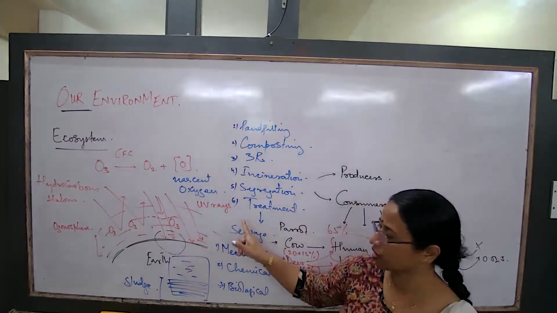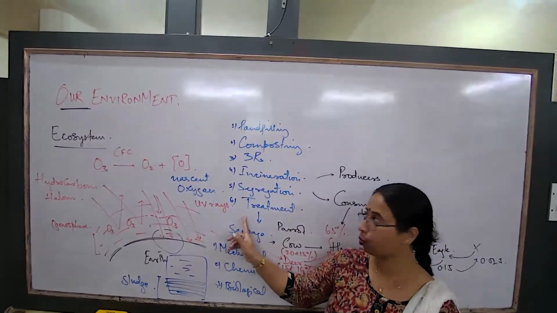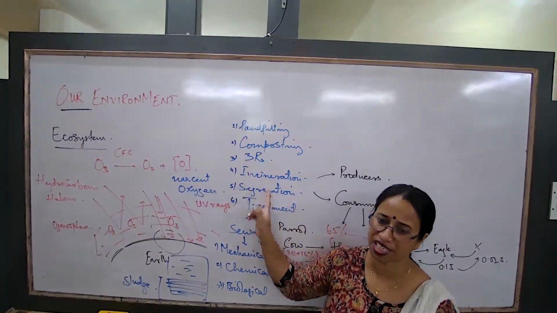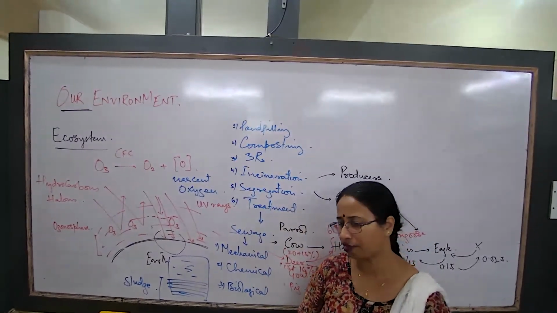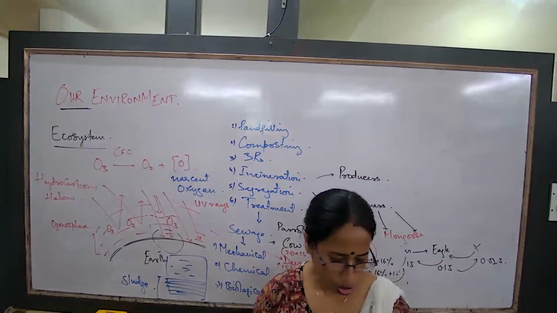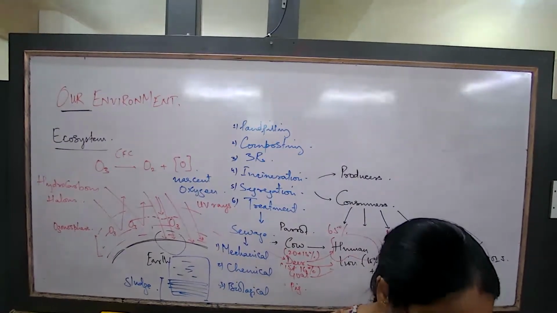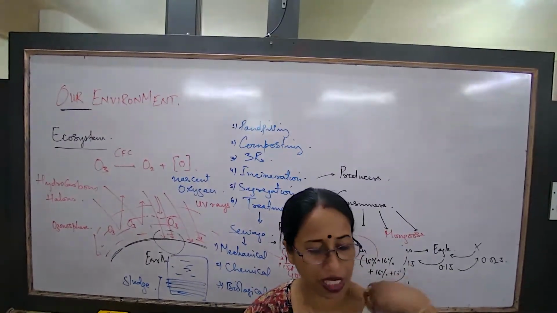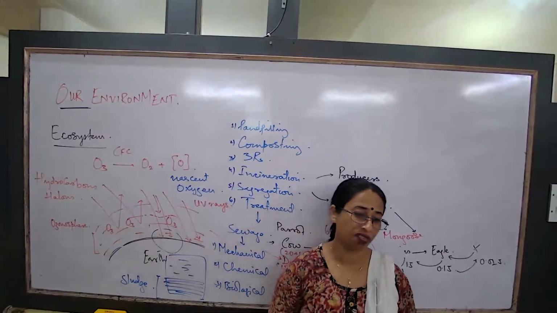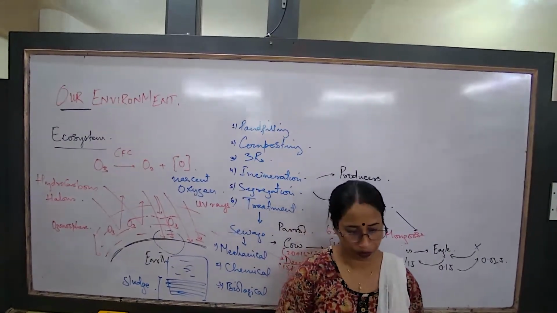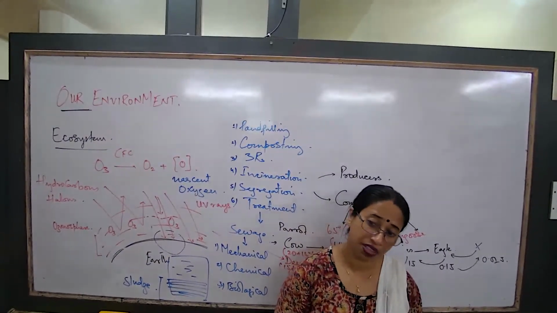So what are the 6 methods of waste disposal? These basic 6 methods, and you should have a fair idea on this. Yeah. So this is what you study from this chapter. As such, we are done with the syllabus. Now you'll have to go through, find out what is not very clear, and you'll have to come across it whenever